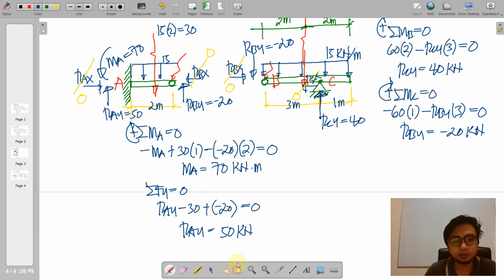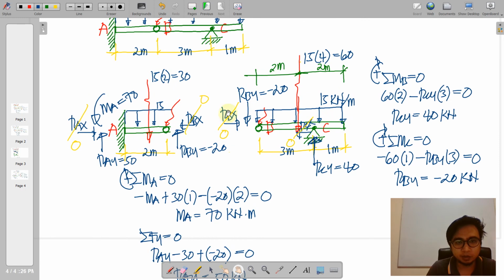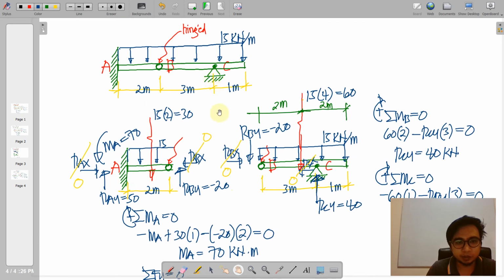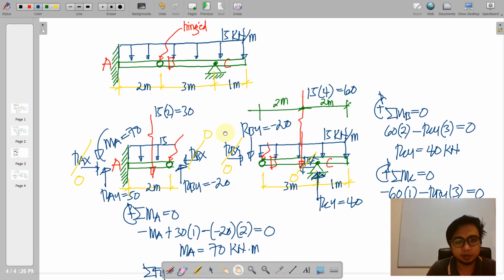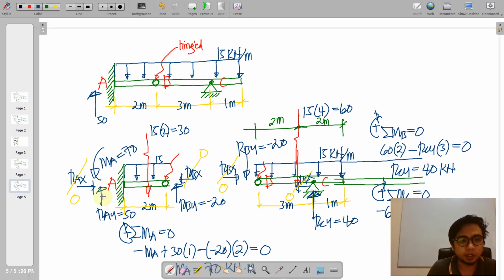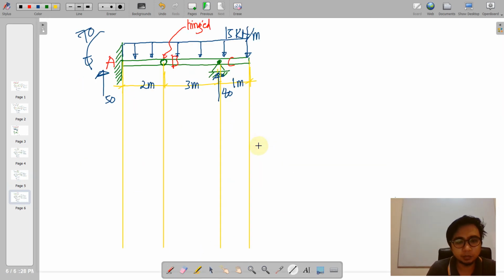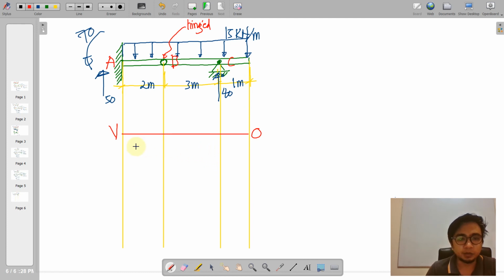Okay, so again, we are going to connect these two beams and then reflect all the external reactions we have obtained. Okay, we have the 50 here, the 70, and the value of 40. Then we project the segments and start to graph the shear. So from A, we have positive 50 here, and then we deduct